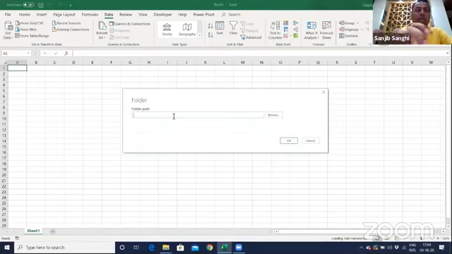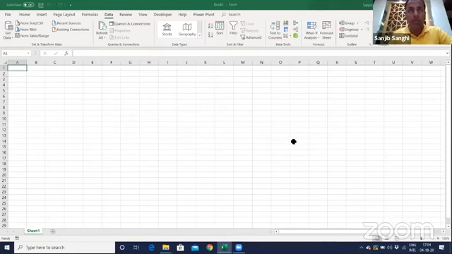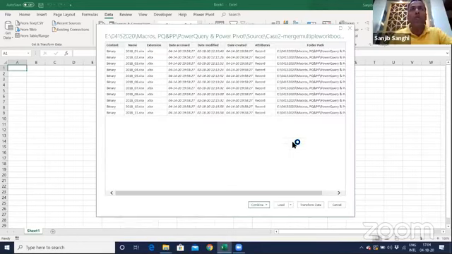I'll paste the path over here, Control V. Okay. It again opens up the Power Query editor for me. Let me see if this is shared. Yes. And if you see over here, all my 11 Excel files are listed for me. But this is not what I want. I want the data inside all these 11 files to come up together as one single file. That's my objective. I want all the data of all these 11 files to come as a single file.